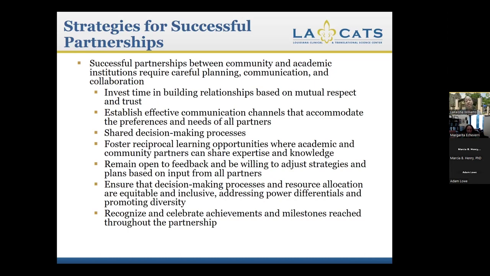And that's what's very, very important, making sure that that trust is developed between both parties. Secondly, what are our communication? Where does our communication stand? We want to make sure that we're having effective communication that is going to accommodate the preferences and the needs of all parties. So if we're thinking of this particular partnership between the community and the academic or the researcher,